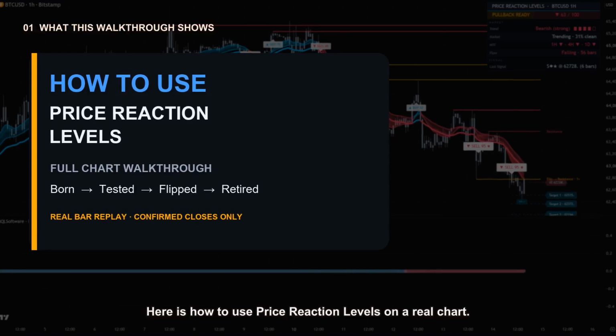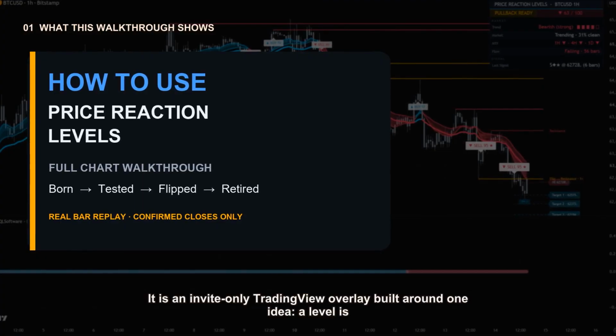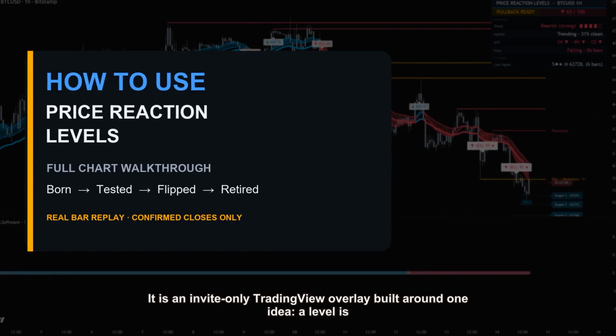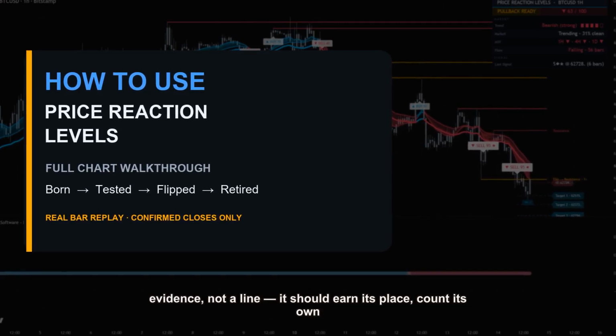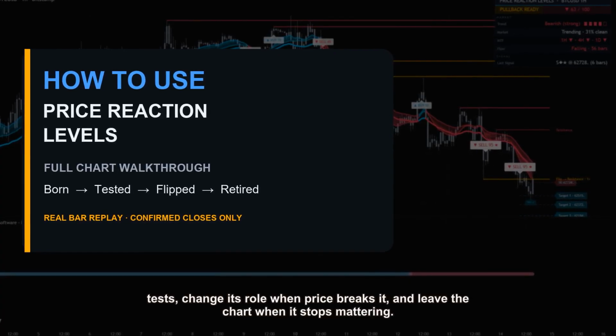Here is how to use price reaction levels on a real chart. It is an invite-only TradingView overlay built around one idea. A level is evidence, not a line. It should earn its place, count its own tests, change its role when price breaks it, and leave the chart